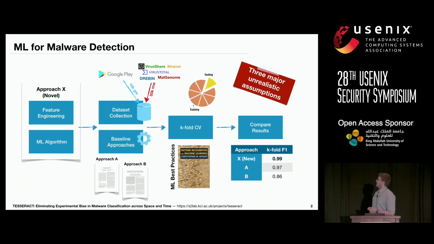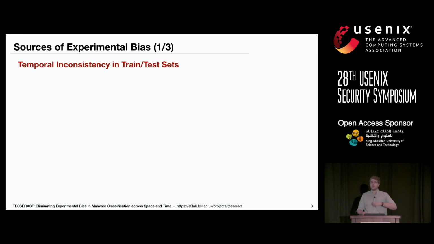But what if I tell you that there are 3 major issues in this pipeline that compromise the validity of the results? The first one is associated with the use of k-fold in a security context. And another 2 issues are associated with the composition of the dataset during evaluation. I want to now discuss in detail the sources of experimental bias, and I would like to start by